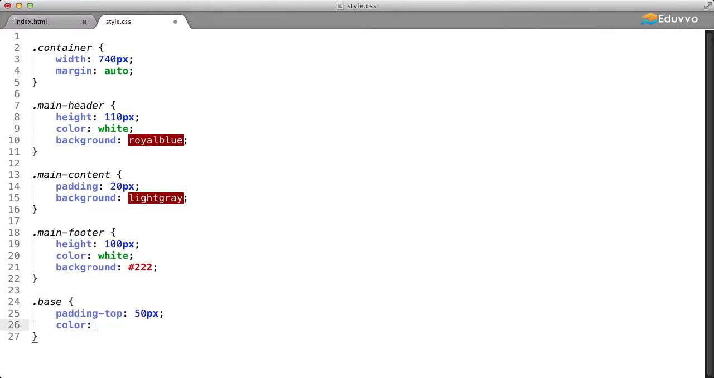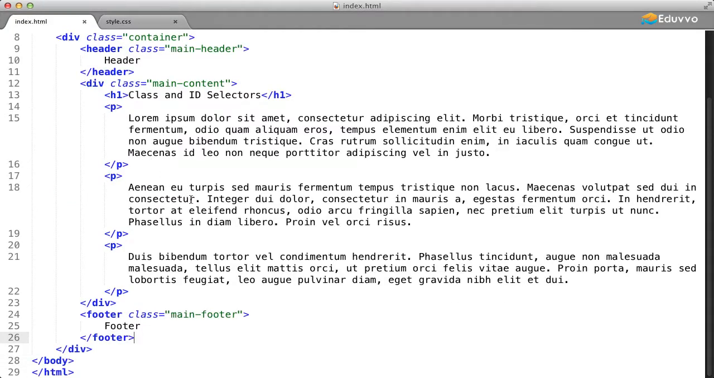I'll also make the text color white. I'll align the text center and give it a font size of 24 pixels. So I'll save the style sheet and go into our HTML file, where we can then add the new base